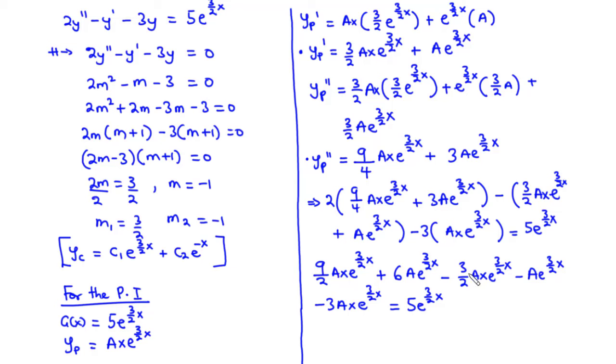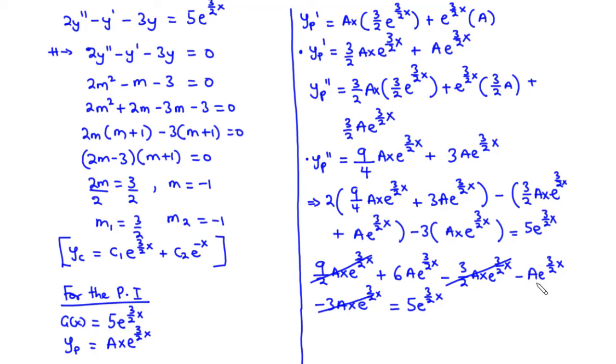So 9 minus 3 is 6, and 6 divided by 2 is 3, and then 3 minus 3 is 0, so we can cancel out 9 over 2, negative 3 over 2, and negative 3, and then we are left with 6a,